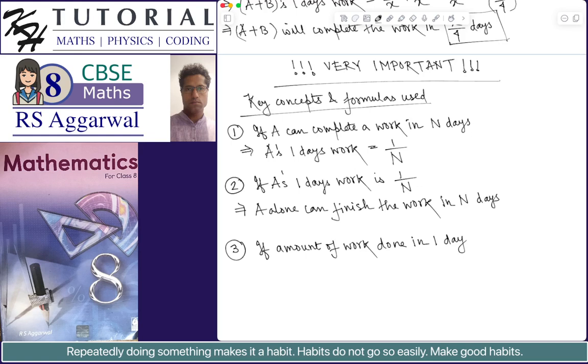So if the amount of work done in 1 day is, let's say, P, usually this P will be a fraction. So if the amount of work done in 1 day is P, then we have to find